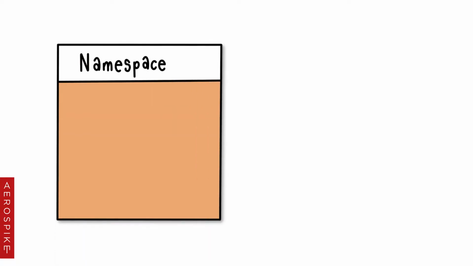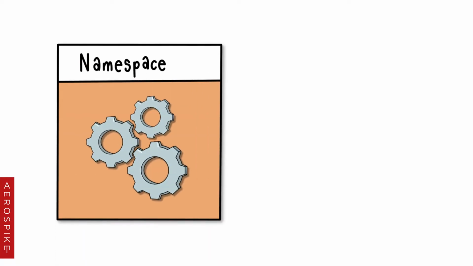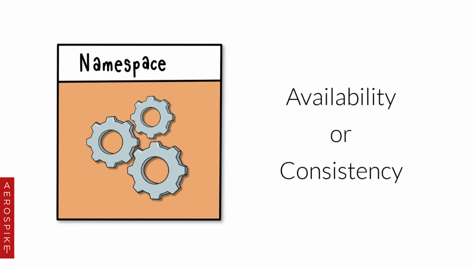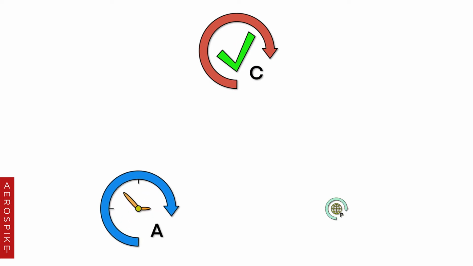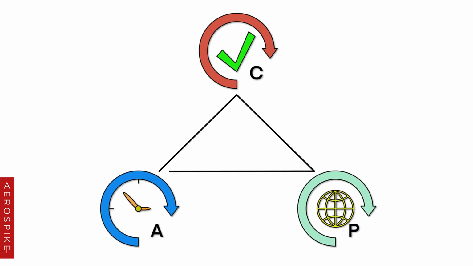In an Aerospike database, each namespace has the ability to be configured one of two ways, prioritizing availability or consistency. To better understand the differences between these two configurations, we need to take a moment and explore the CAP theorem. This theorem states that in a distributed system, one can only choose two of the following three guarantees at a